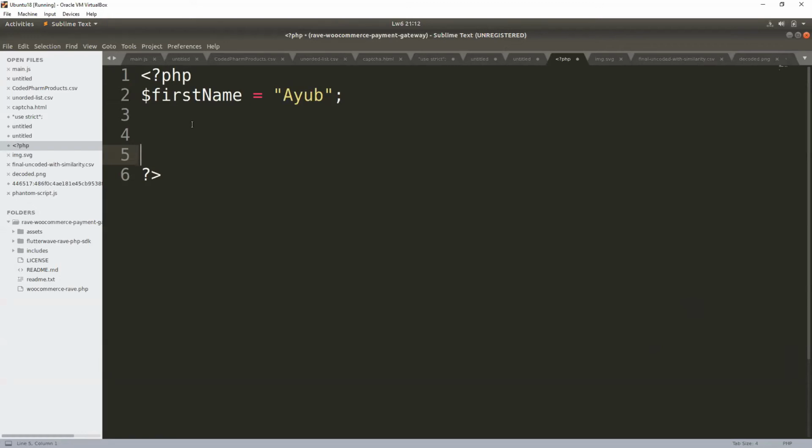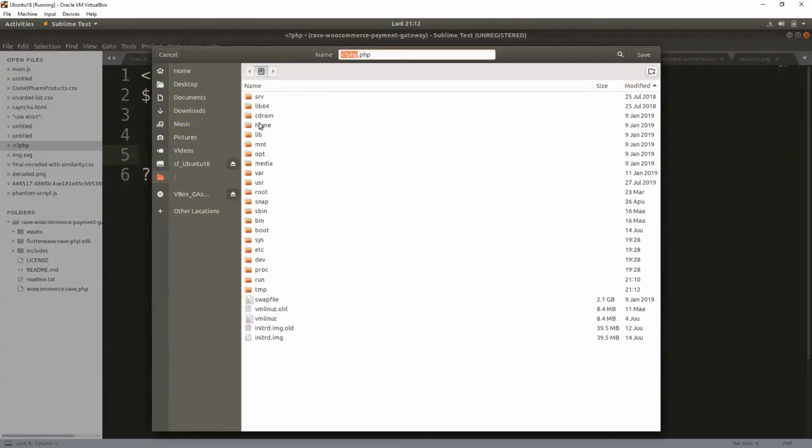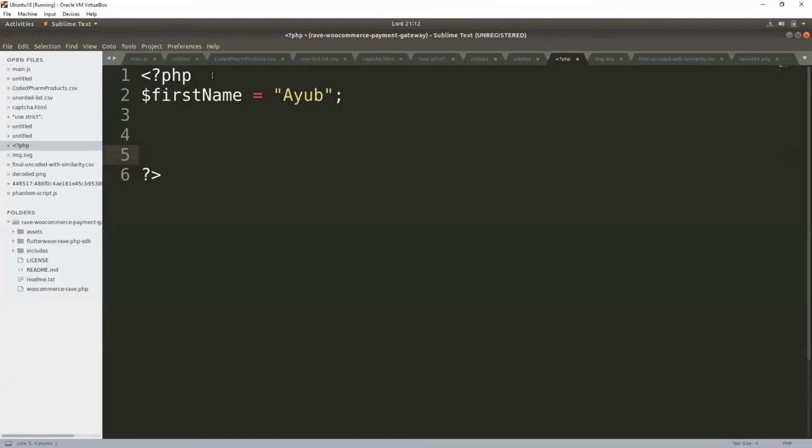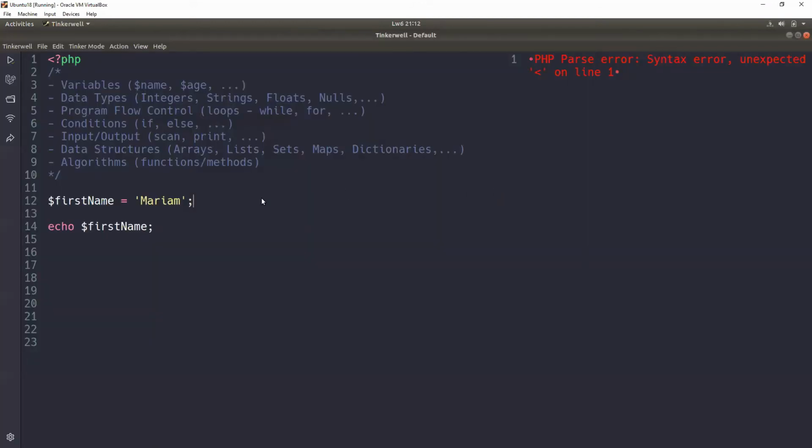So whenever you're trying to create a file, don't forget these tags. Actually, even if you omit the last one, let the first one always be there to make the processor understand that this is a PHP file. Specifically for PHP, you need to do this in a file if you want to save the file and then execute it later. But when you're using Tinkerwell, it already has that included.